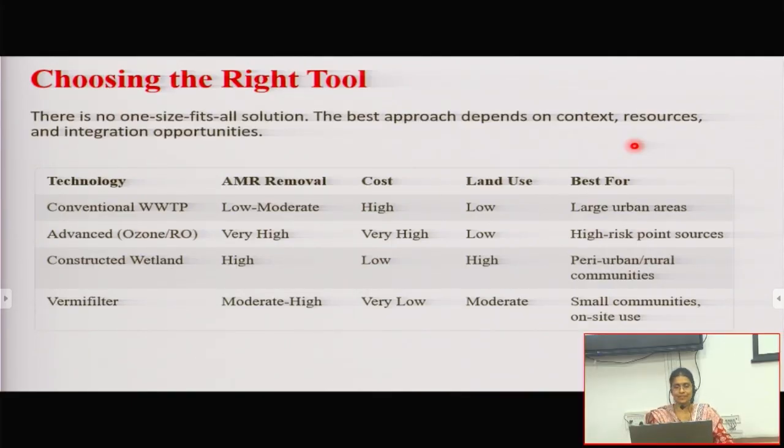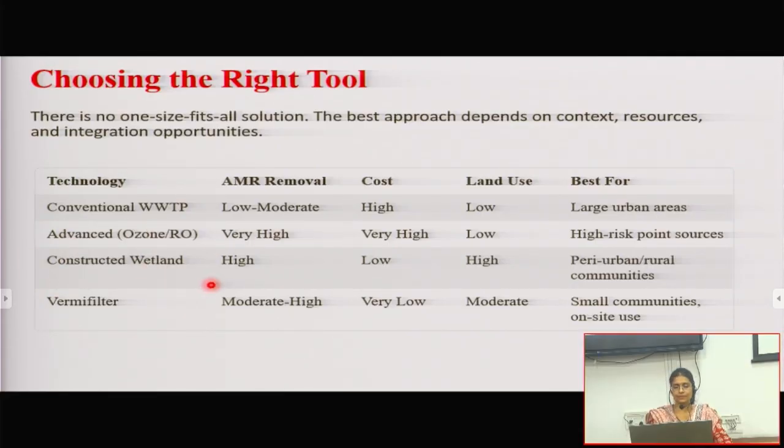That is the sludge which we discussed in the first class. Then we have the advanced oxidation methods, that is ozone. I'm sorry, this is wrong. RO will not come under advanced oxidation. It will be ozone, chlorination, and photocatalysis, Fentons. All this comes in the category of advanced oxidation.